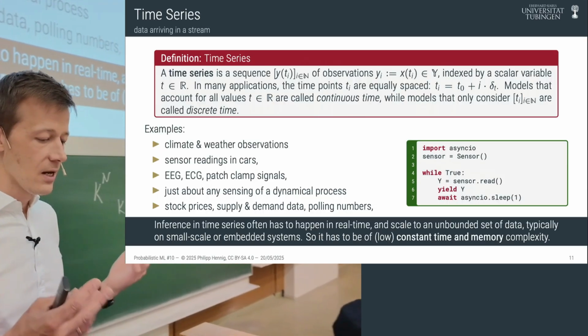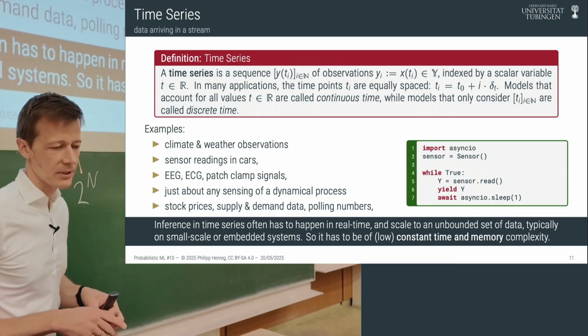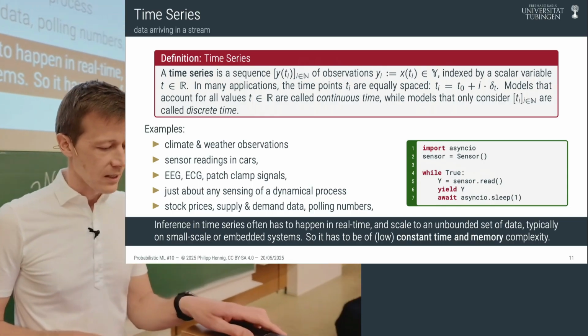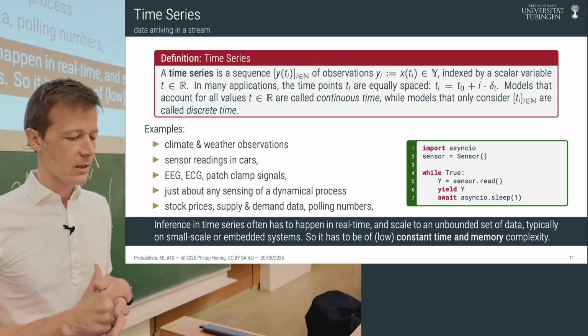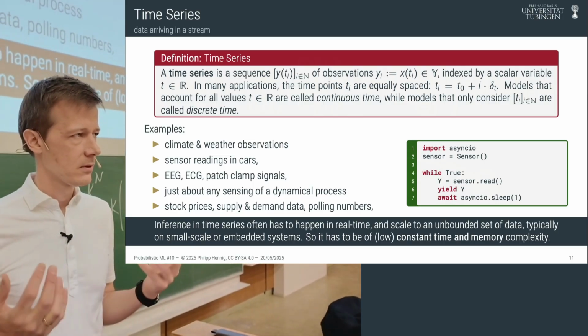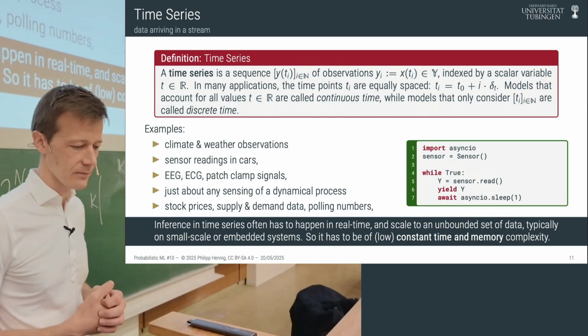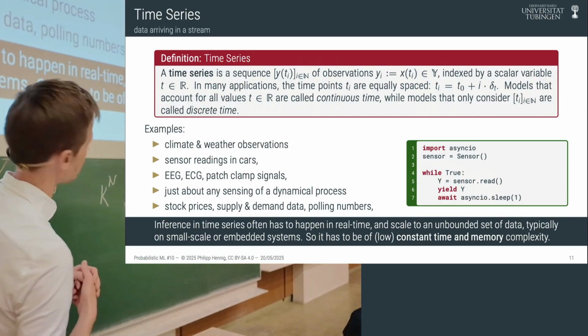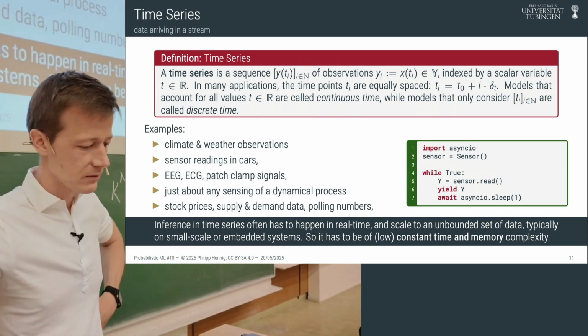So here is an attempt at a definition of what I mean by this. It's not a particularly clean definition. A time series is a sequence of observations that are indexed by some scalar parameter from an ordered space. So from the real line, in general, because you can embed any ordered space in the real line.